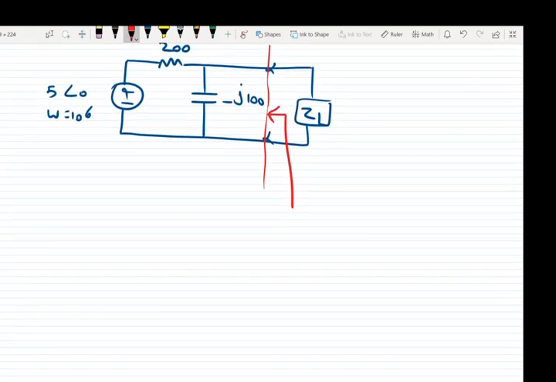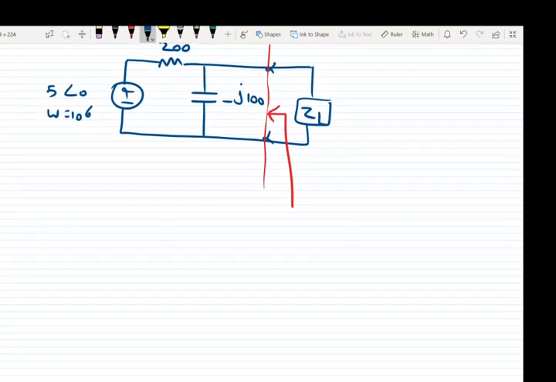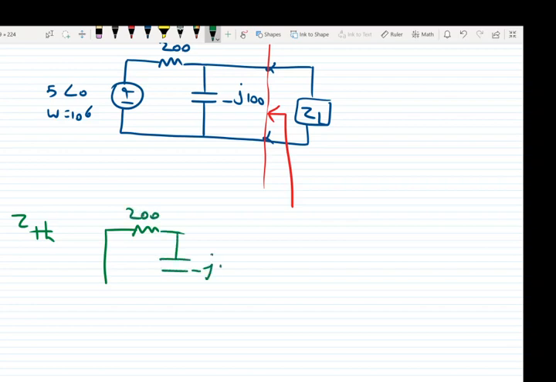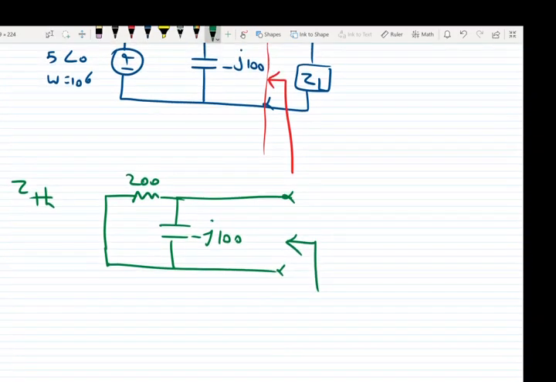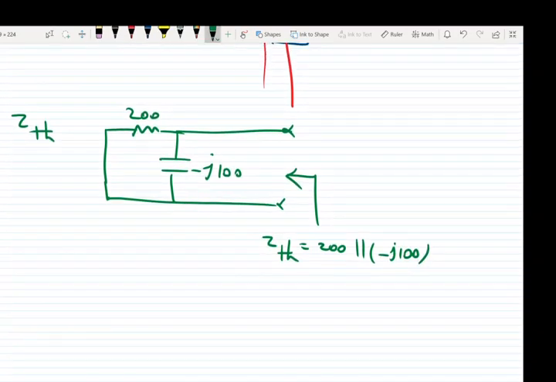the load. So for Z Thevenin, we turn off the voltage source and remove the load from the circuit and look to the circuit from these 2 points. Z Thevenin is equal to 200 in parallel with negative J 100, which is equal to